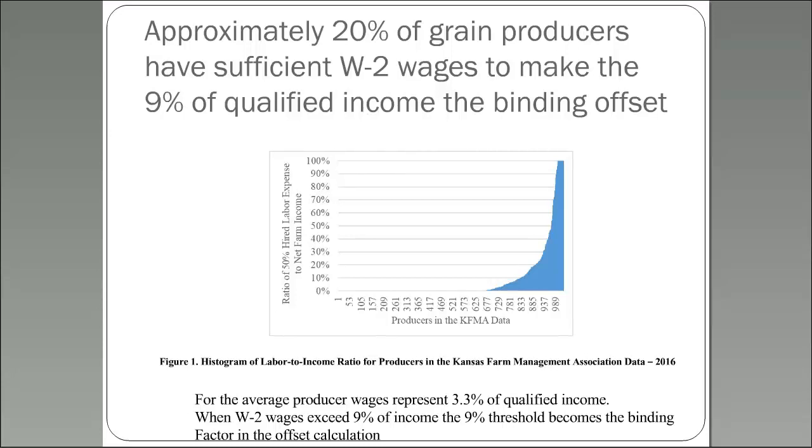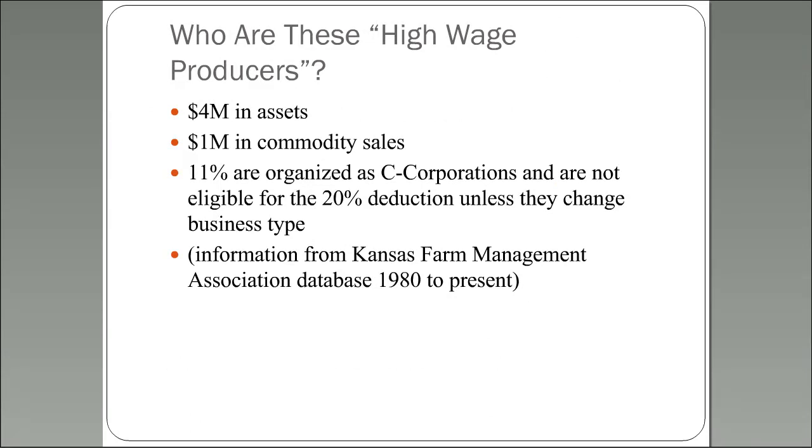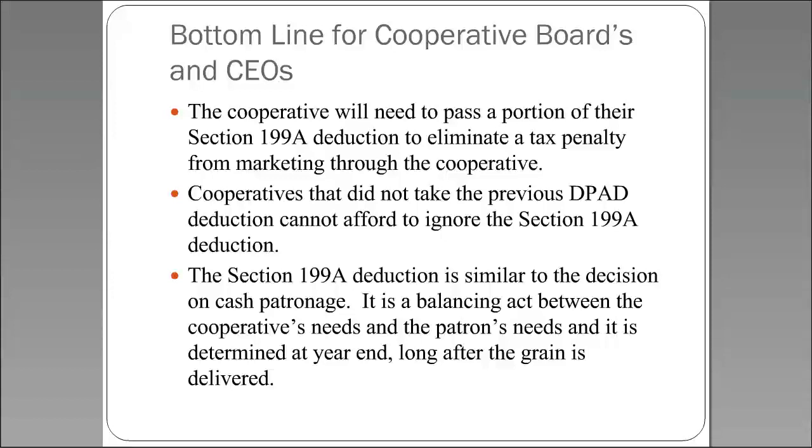So it's hard to say. I think you might notice that there's a whole bunch up here that have 100% of their farm income as W-2 wages. That may be the C corps that have structured that as a way to get the income back out of the C corp to the owners. And so if you think of that part of the graph as not being relevant, since they're not a pass-through entity, they don't get that deduction anyway. So we're left with only a portion here of high W-2 wage producers, and it does look like they do tend to be big farmers. So that certainly is a point. If somebody's got a lot of W-2 wages, then this is a more complicated decision.